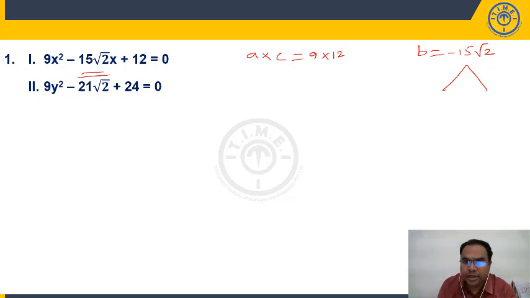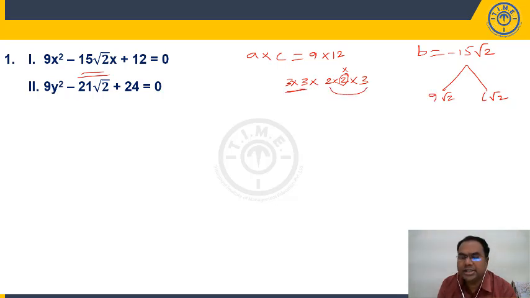Now, root 2 means, if you observe here, this is 3 into 3 and 12 can be written as 2 into 2 into 3. Root 2 means, one root 2 should be here, one root 2 should be here, because when we add this root 2, then only we can add. So, 1, 2 is gone here for root 2. When we multiply, we should get A into C, right? Root 2 into root 2 is, we'll get 1, 2. Now, we should get 15 root 2. Now, see, 3 into 3 is 9, 2 into 3 is 6. So, one should be 9 root 2, other should be 6 root 2.